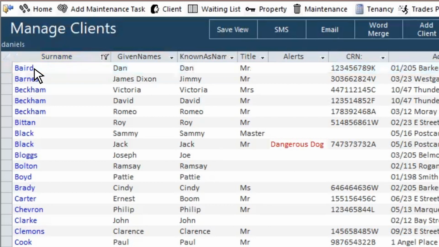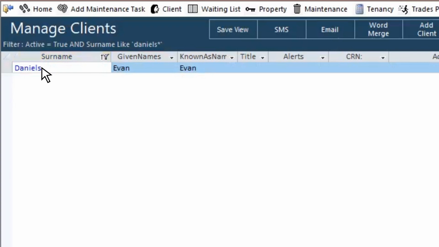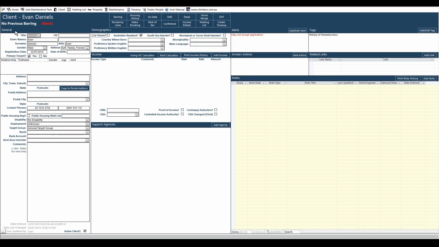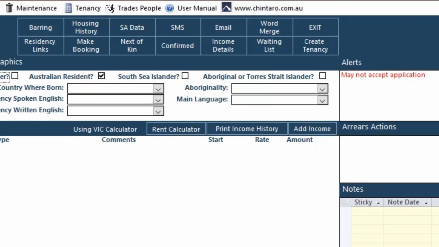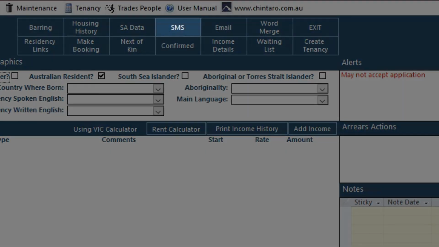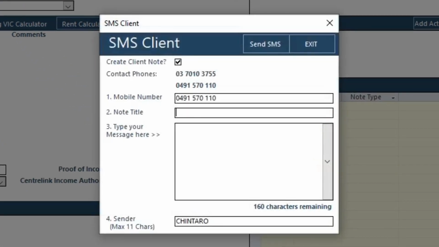Once we've found the client we want to contact, we double-click on their row and open their client screen. At the top of the screen, in the blue buttons, we see one here for SMS. When we click this, an SMS client pop-up appears. The first thing we see here is a tick box for Create Client Note. This is defaulted to ticked, meaning when we send the SMS, a note will be created in Chintaro with the